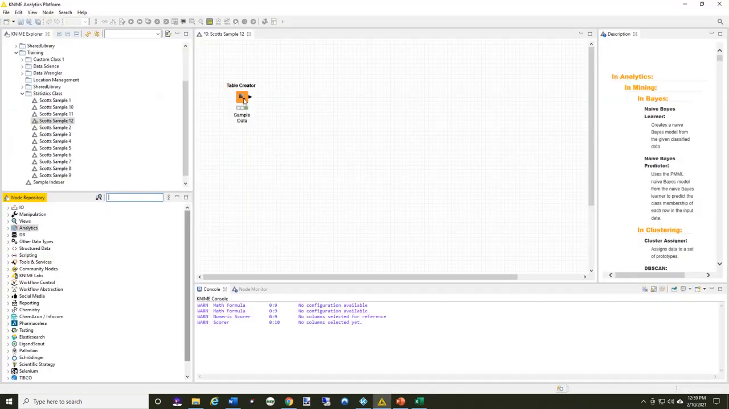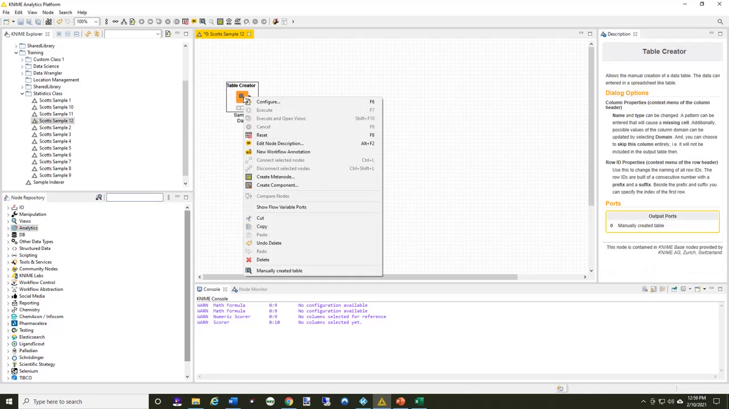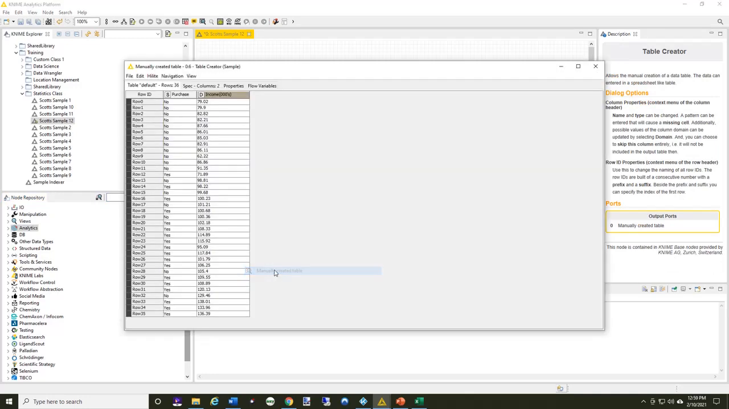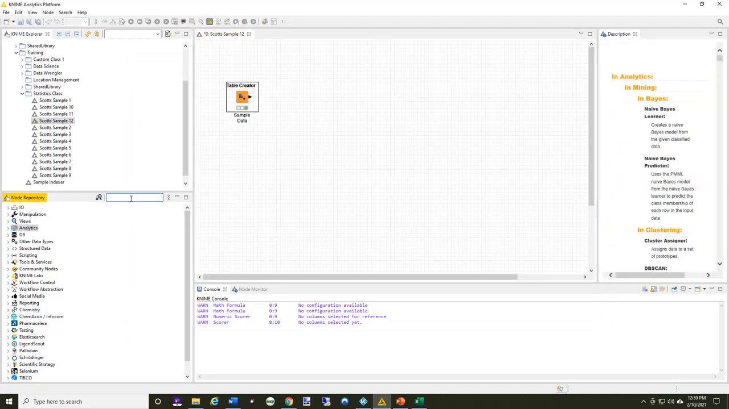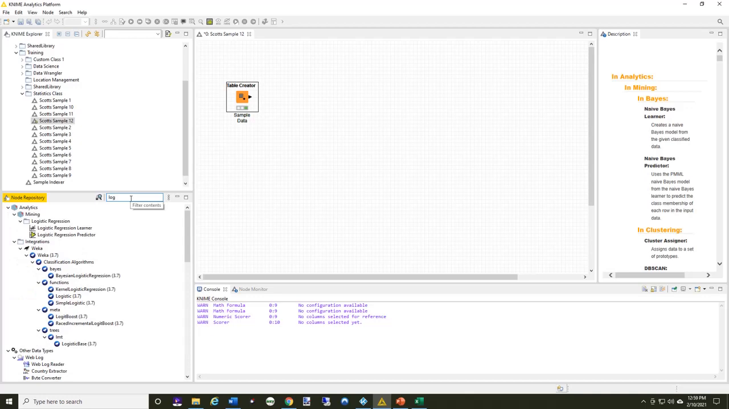All right. I've mocked up the same data using a table creator in KNIME. And I can look at the data now. So I've essentially created a string column with a yes-no indicator and the same income levels. And so all of this data is the same other than changing 1, 0 to yes, no. It's the exact same data. Now, what I want to do in the node repository